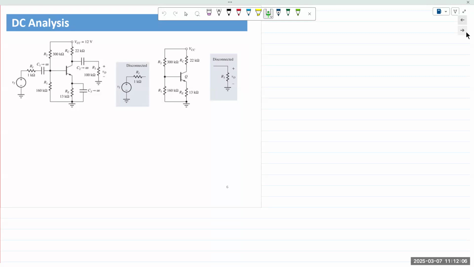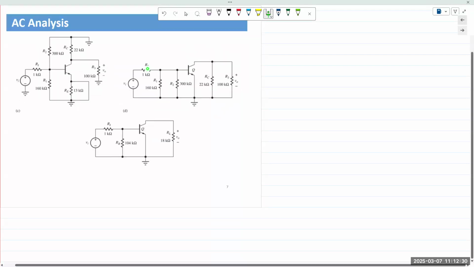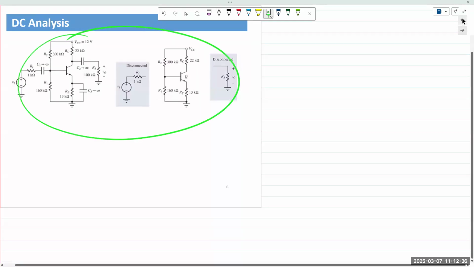Whether you use it as an amplifier or as an electronic switch, AC and DC signals come together inside the BJT. So when you're performing analysis, it helps if we separate out the two analyses and obtain individual results. And so for that, we'll look at how we can do DC analysis and then how we can do AC analysis separately. Okay. So if you think back to chapter 1,